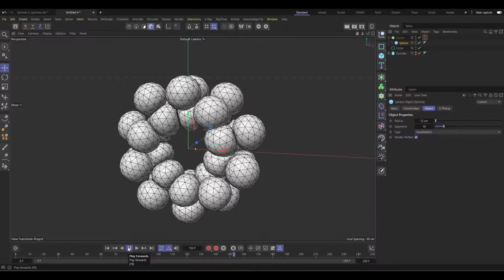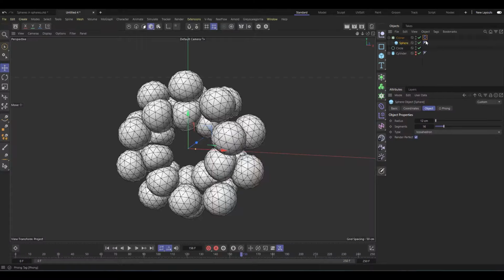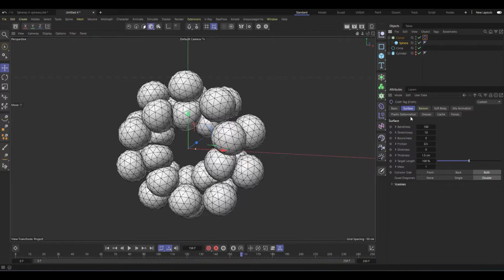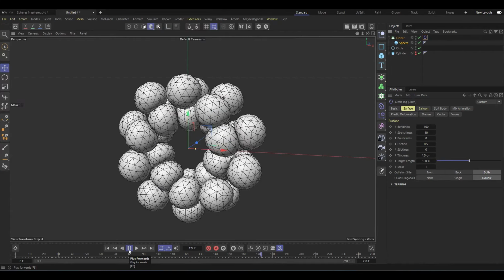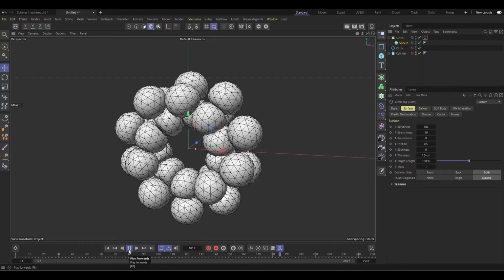So now I think the stretchiness is fine. If you don't like it, you can play with the bendiness, the stretchiness, and all of those things to get the kind of effect you want. And now the mix animation tool, the 2 is fine, so it's following the animation fairly okay, right? So that's basically it. The next thing I'm going to do is bake this as Alembic,